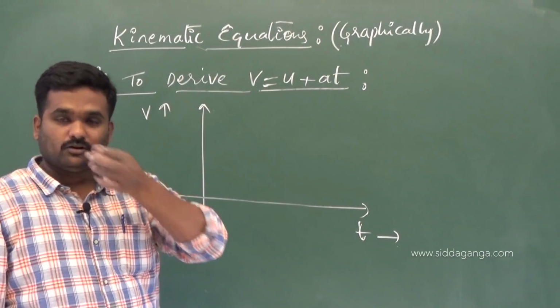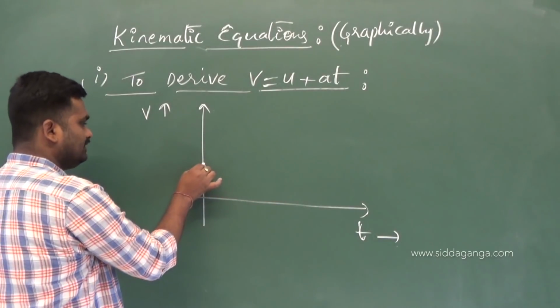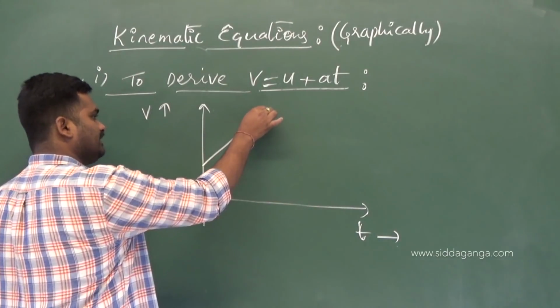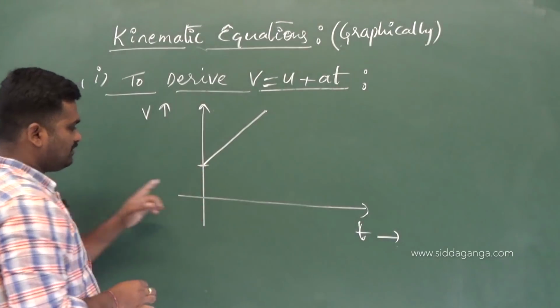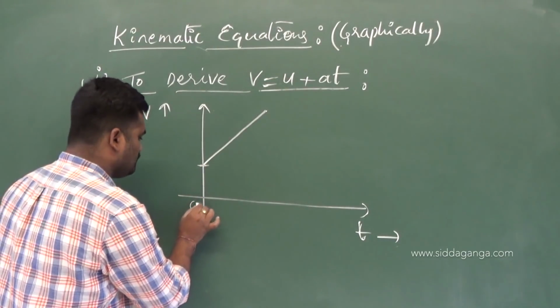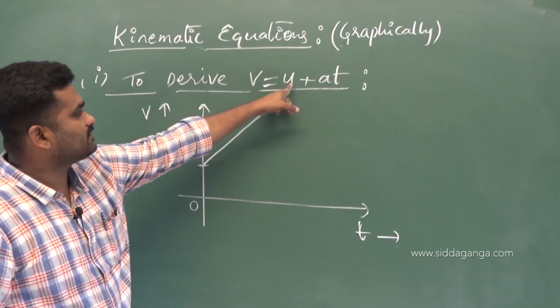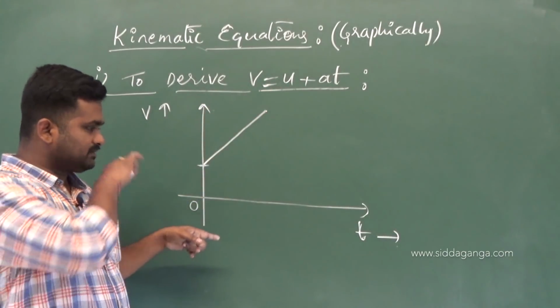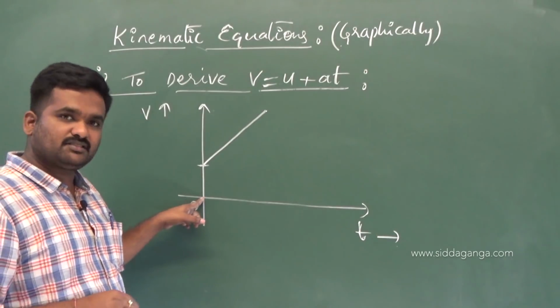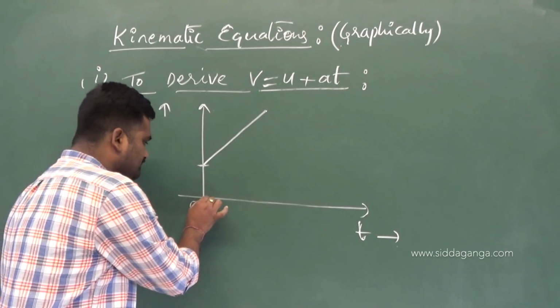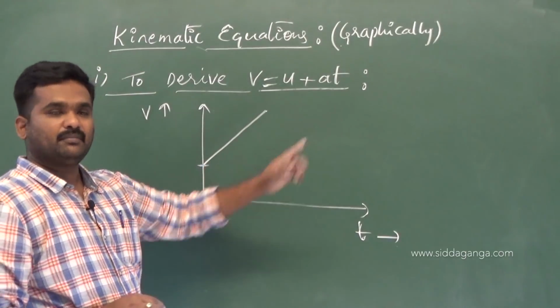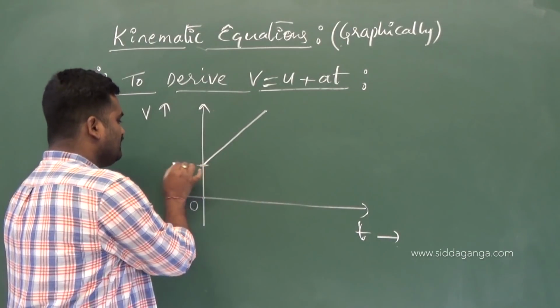We have studied already how to plot the graph, right? And this is one such kind. Why I have drawn not from origin, instead of from O, I have drawn from this point. Reason is, it is having uniform velocity already. If it starts from rest, for example, its initial velocity will be 0. I can take from here. But I am taking that it is starting from a velocity of u.